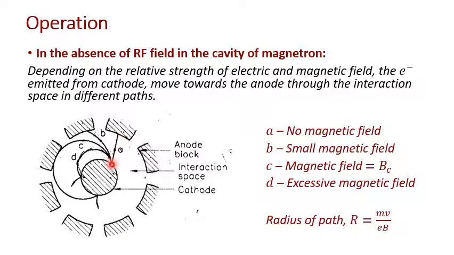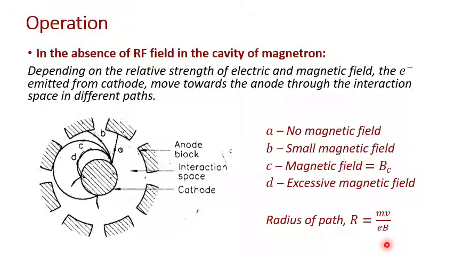Now suppose the magnetic field is slightly increased, it is going to exert a lateral force bending the path of the electron as shown in this path B. The radius of this path is given by R = mv/eB, where v represents the velocity of the electron and B represents the magnetic field strength. So you can see that the radius is directly proportional to the velocity of the electron and inversely proportional to